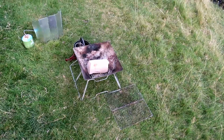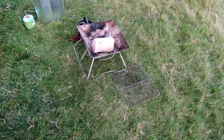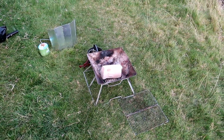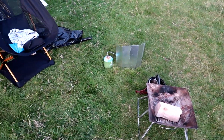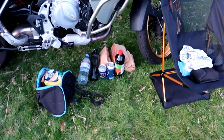Little fold out stove, but again I'm going to put some stones underneath just to protect the grass. Here's a fresh area. What I don't want to do is create any more scorch marks than needed. There's a few around here. So got a few logs, got some accelerant,